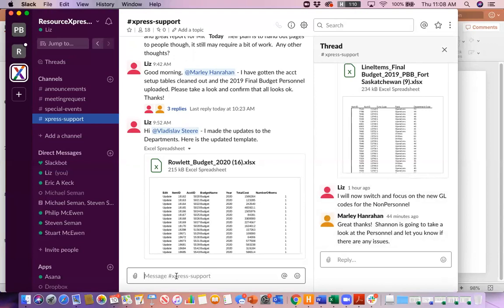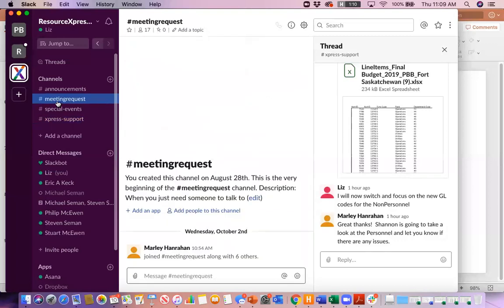That will automatically put your inquiry into the Express Support channel where all of ResourceX has access to it, and we will identify who's taking care of that and begin working on that inquiry. If you wanted to request a meeting, you can just make a request via this channel, and again, we will push out information via announcement and special events. Oh, Becca says,